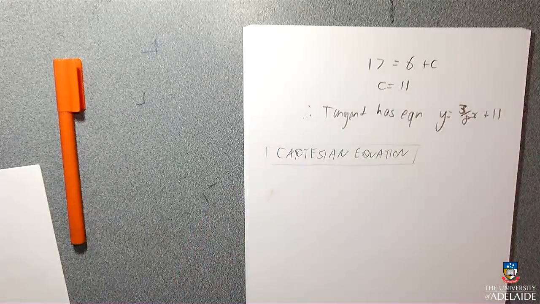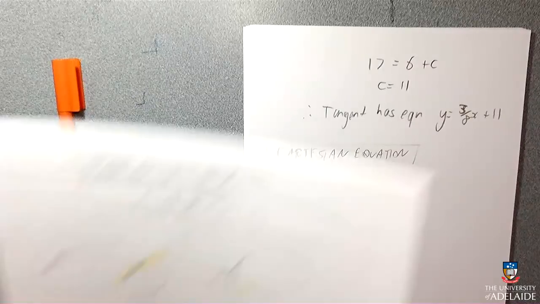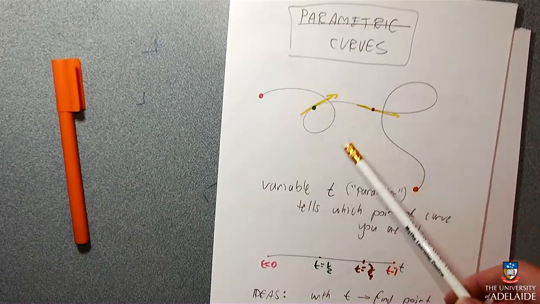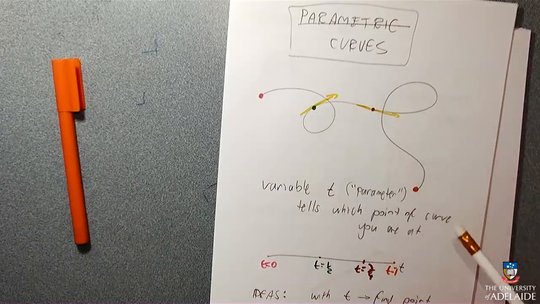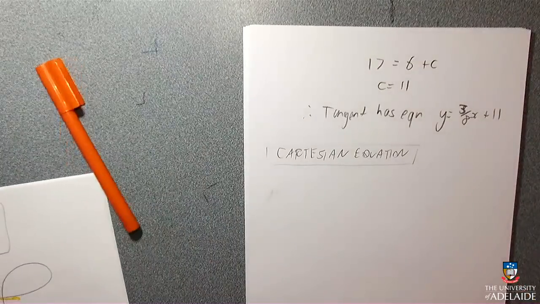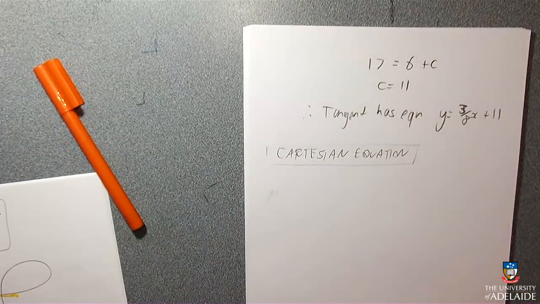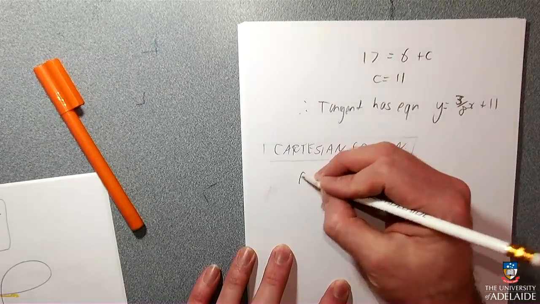So, a Cartesian equation is a different way of describing any object. When you have a curve, we have one way of describing it, which is a t which tells you exactly which point you're up to. A Cartesian equation is a rule that if you sub in the coordinates of the point and it works, then you're on the curve, and if you sub in the coordinates of the point and it doesn't work, then you're not on the curve. That's the difference.